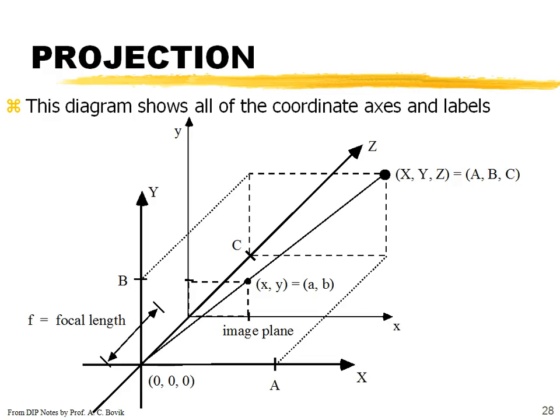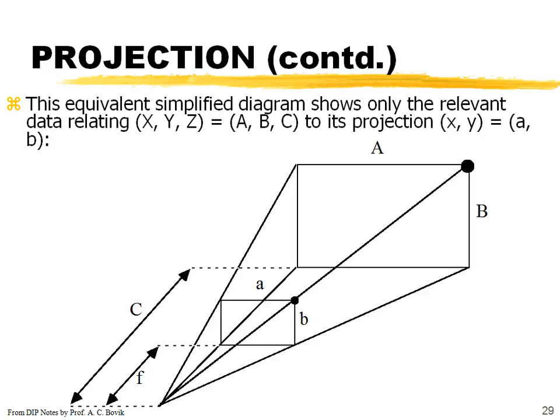Of course, this plane, remember, is a certain distance f in front of the lens. Now, this diagram should show all the coordinates that we have for the simple projection model. Now, how do we relate? What is the relationship between this a, b and the point that exists in the 3D space, A, B,